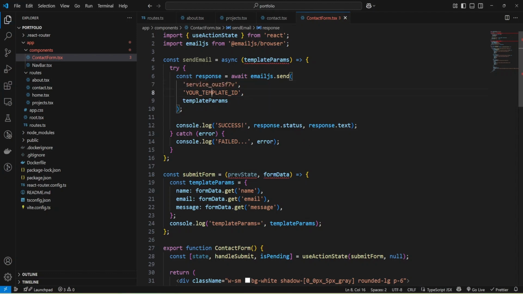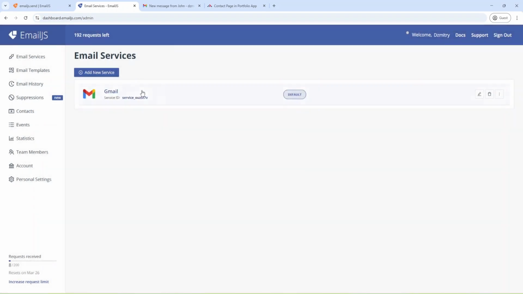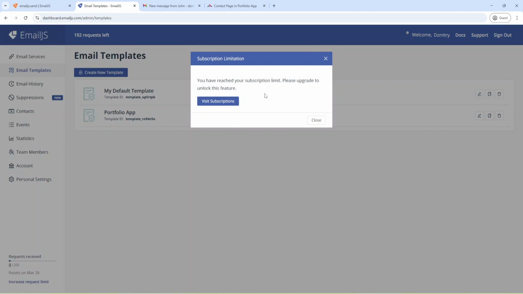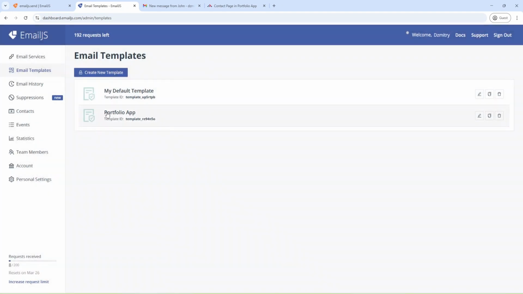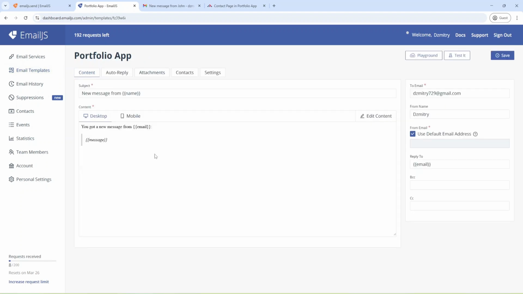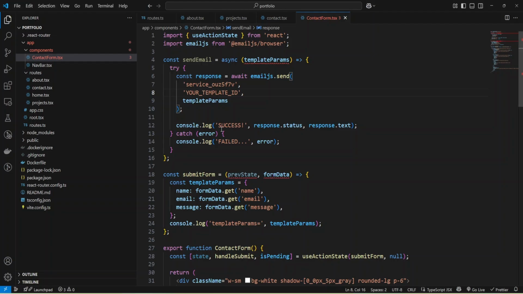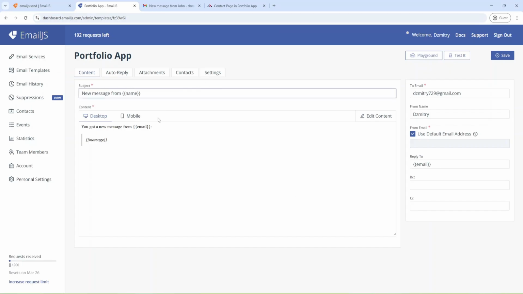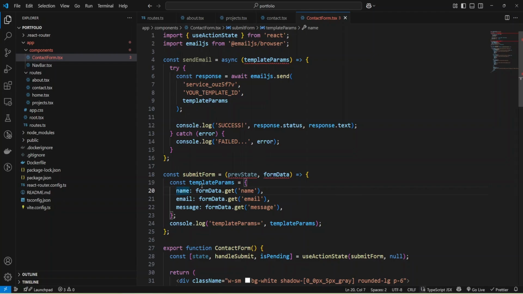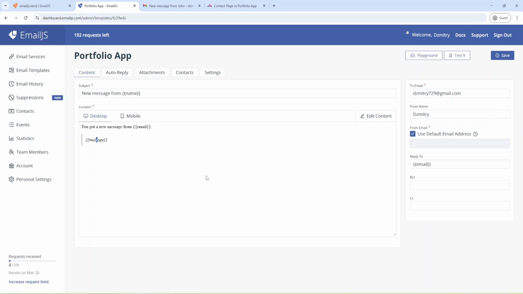And also we need template ID, and we have email templates. You can create new one, but I'm on the free plan and I can create only 2 templates. And I have portfolio app and template, and as you can see, I here specified name and the name that we have in template params, and also have email from template params, and also message, and message will be provided here.